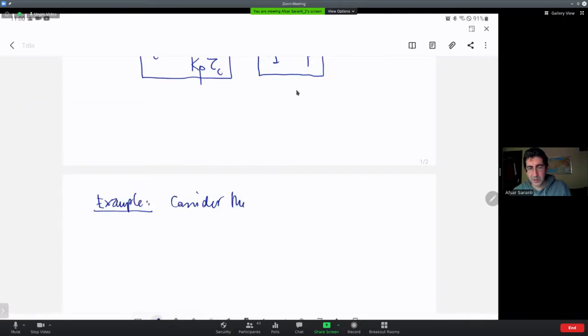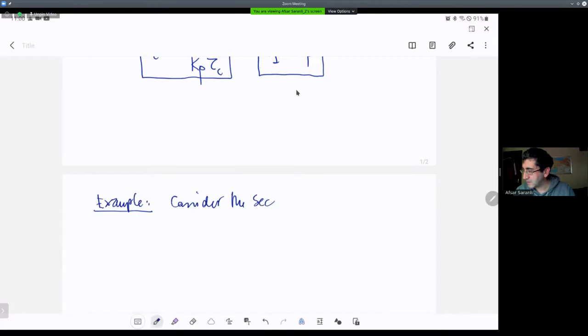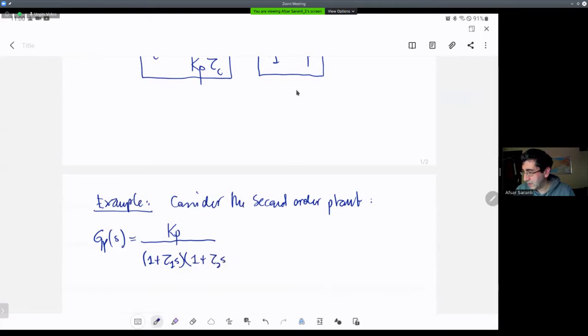Okay, here's another example. Consider the second order plant. GP of S is Kp again with 1 plus tau 1 S, 1 plus tau 2 S. So two time constants. Question is use direct synthesis method to find a controller